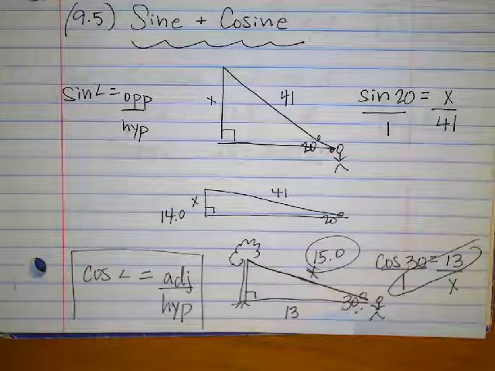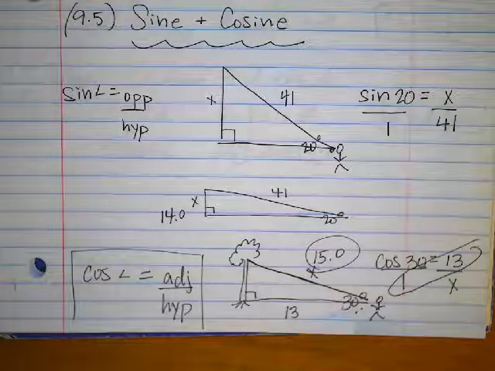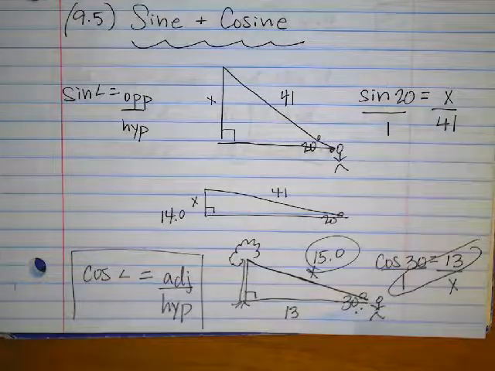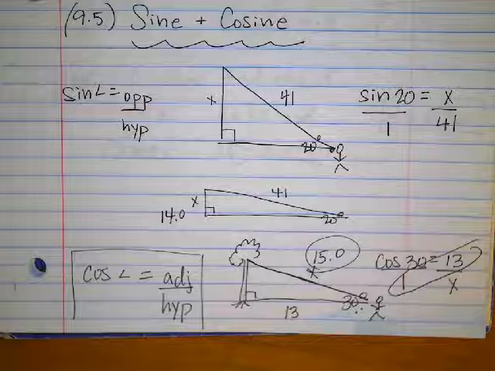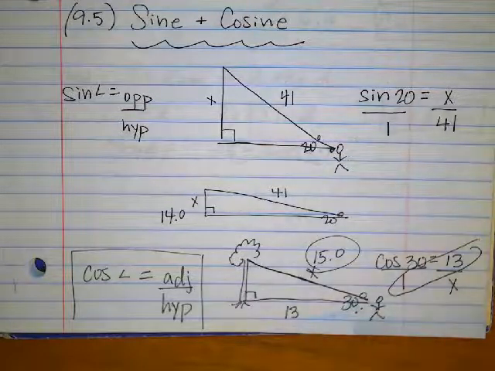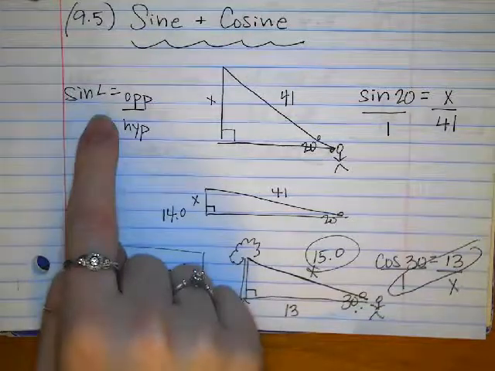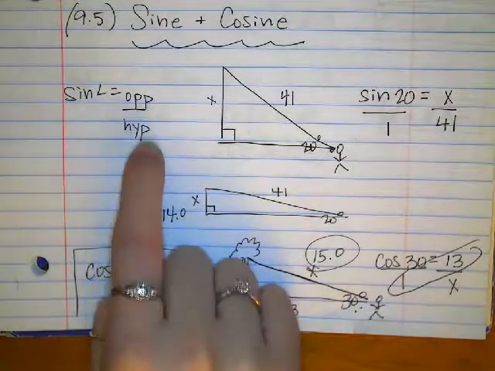Okay, so today we are going to be talking about sine and cosine ratios. In our previous section, 9.4, we talked about the tangent ratio, and we also introduced the sine and cosine ratios. So just to cover that again, the sine of an angle is equal to the opposite side of that angle